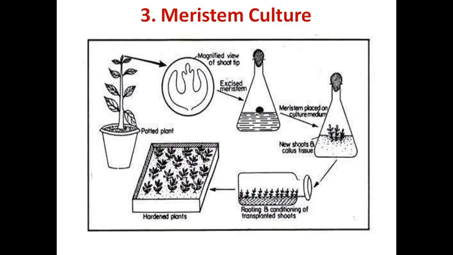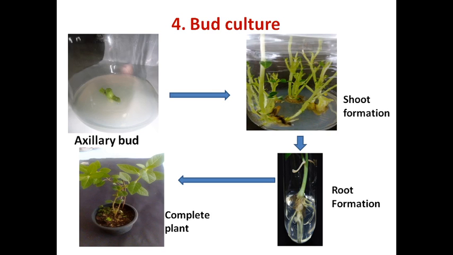Okay, then students, the next culture is bud culture. Here I am taking the axillary bud. The axillary bud contains quiescent or active meristematic tissues in the leaf axils, and is capable of growing into a shoot. So students, I am taking here the single nodal culture. See, the axillary bud or nodal segment I am taking, where each node of the stem is cut and allowed to grow on a nutrient medium to develop the shoot tip.